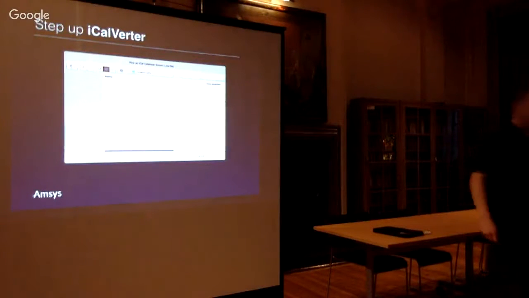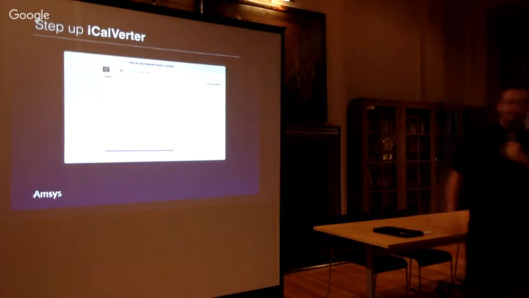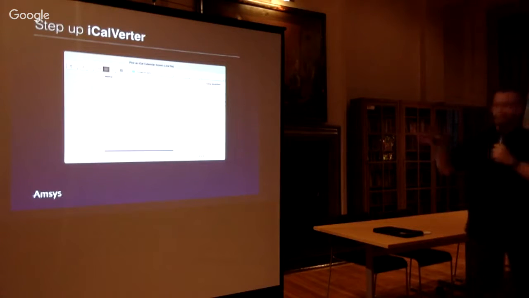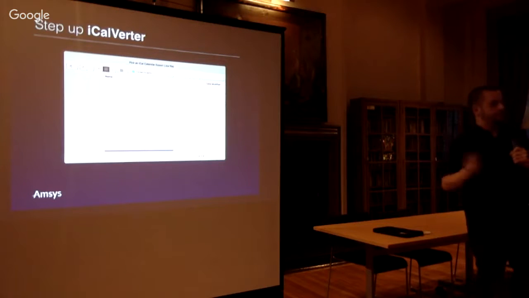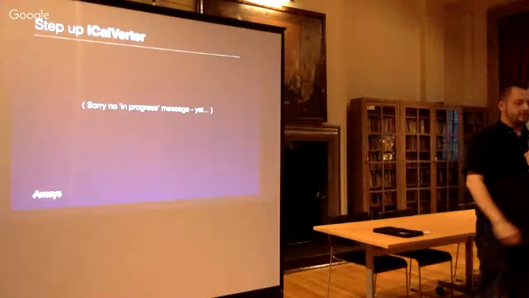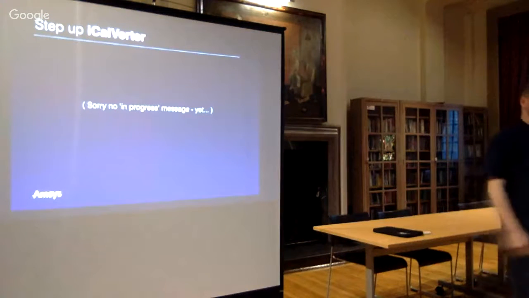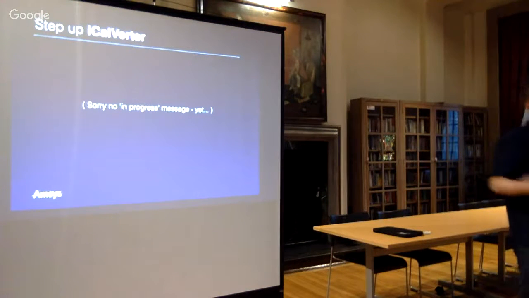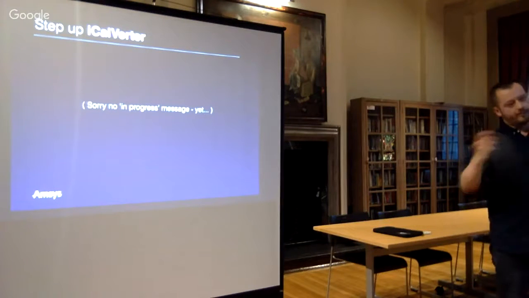So step one, when you launch it, you're asked to pick an ICS file. Ignore the screenshot, it defaults to your desktop folder, because that folder is a nice folder. I was too lazy to clean up my desktop for a screenshot, so that's in my downloads folder. The second step, once you pick your ICS file, you can start working on it. Now this is something I'll talk about a bit later, but essentially there's no progress screen at the moment to give you some feedback. I'll come back to that.